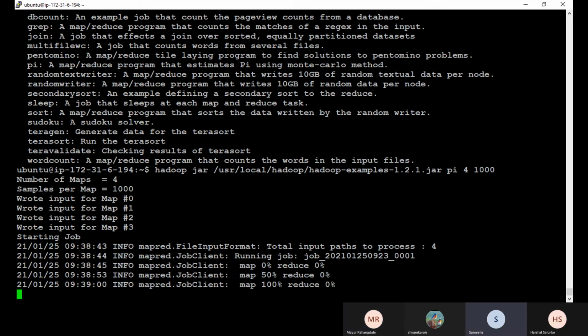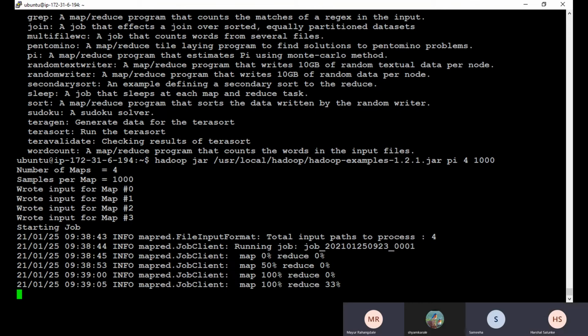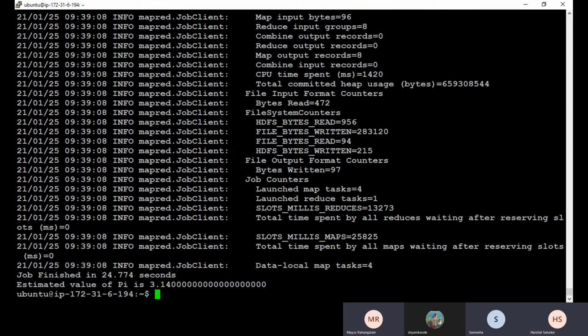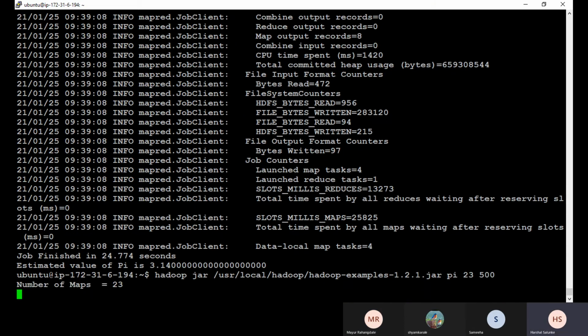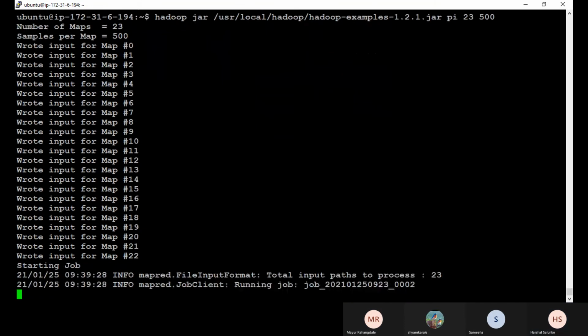Don't know about that. We have to calculate the value of pi, na? It will calculate on the basis of 1000 divided by 4, I think. No, wait, it is giving 1000 samples. There is some calculation, we'll have to see, maybe written in the Hadoop book.